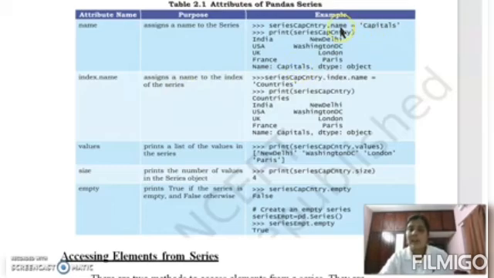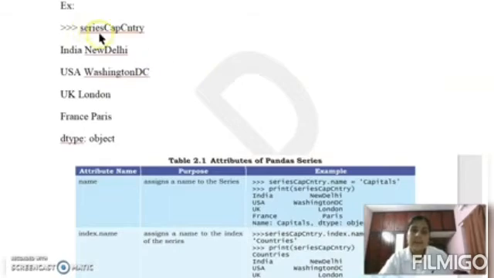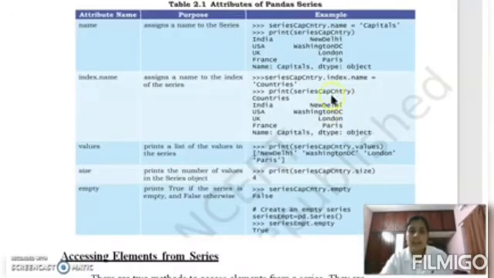So here we used just name, cap_country.name. Here we used cap_country.index.name equal to countries. So here we use name as capitals and index name as countries. So what happened? Look, before India, the column name becomes countries, because we had given the index name as countries.